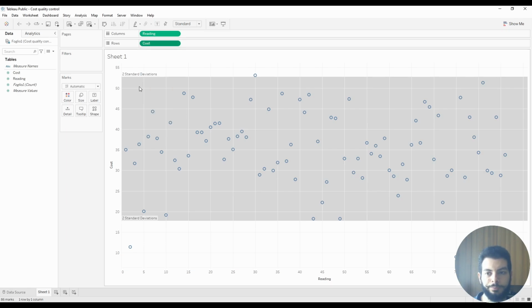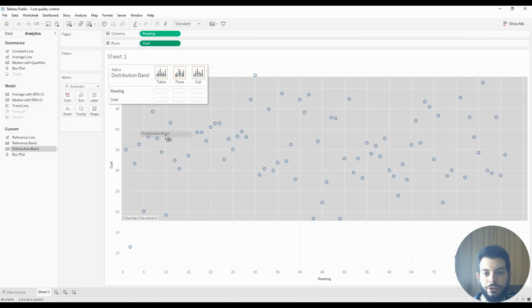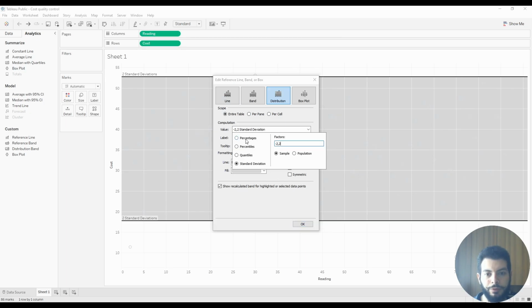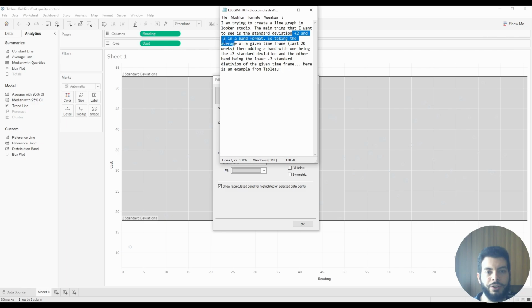Same for cost. Then I went into analytics, I did the distribution band for cost, and then you have this window. Before you had a different option, but if we select for the bands the standard deviation option and we put the desired result, that is not so casual.